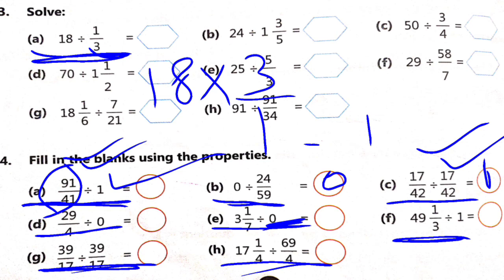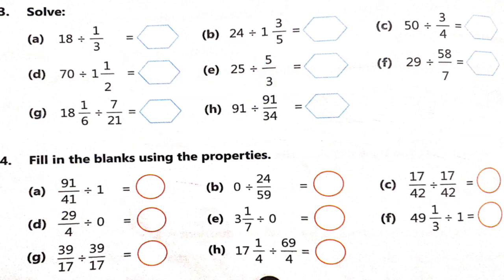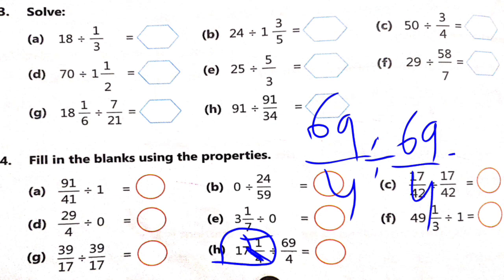But when you solve this mixed fraction, it becomes the same as this number. So first solve the mixed fraction. I'm solving this question, just wait. In this question, 17 and 1 upon 4 is given. What does it become? 17 fours are 68 plus 1, 69 upon 4. It becomes the same again. So you are dividing the same number by the same number, the number itself. Then it gives you 1 as the answer.